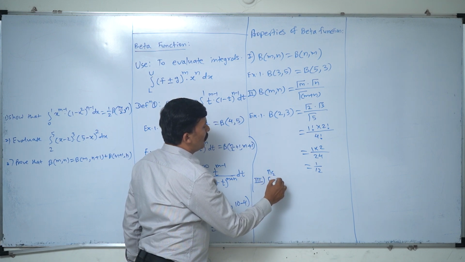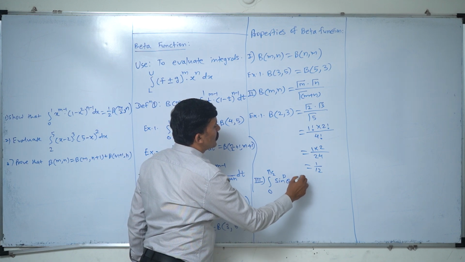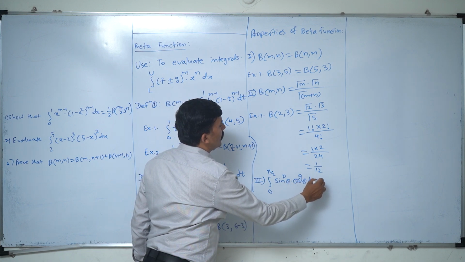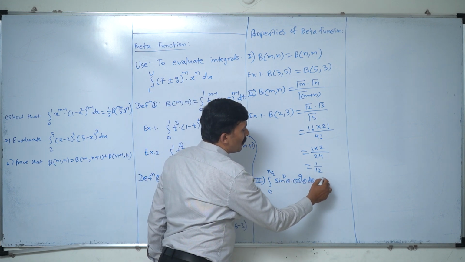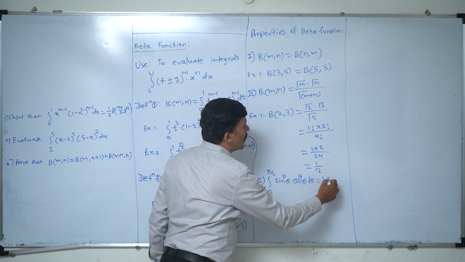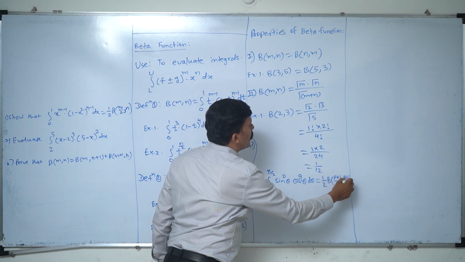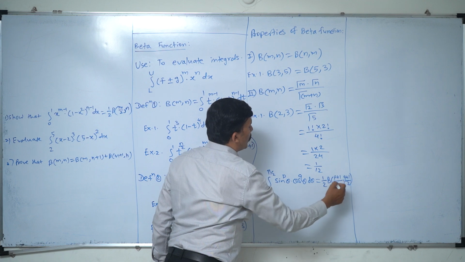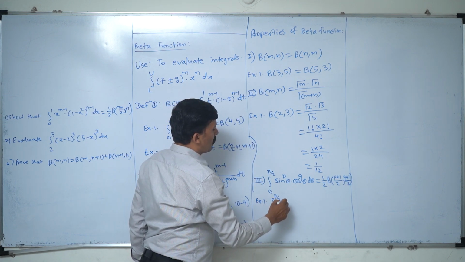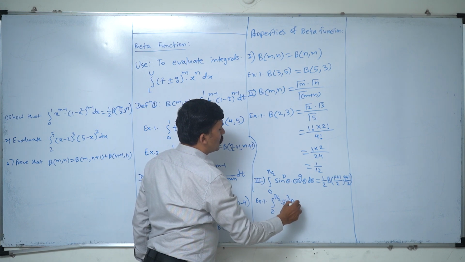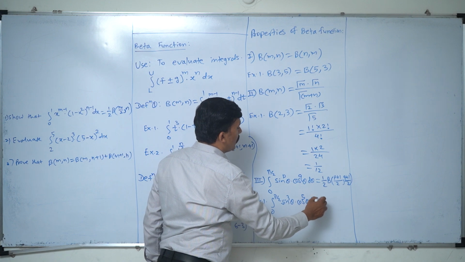Then one more property, the third property: integral 0 to pi by 2 of sin raised to p theta into cos raised to q theta d theta. So you can write such a type of trigonometric integral in terms of beta: 1 by 2 beta of (p plus 1) upon 2 comma (q plus 1) upon 2. For example, 0 to pi by 2 sin raised to 3 theta cos raised to 5 theta d theta equals